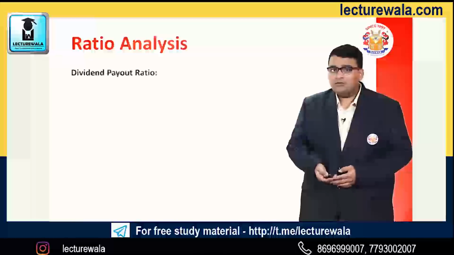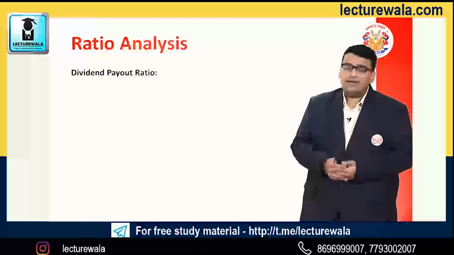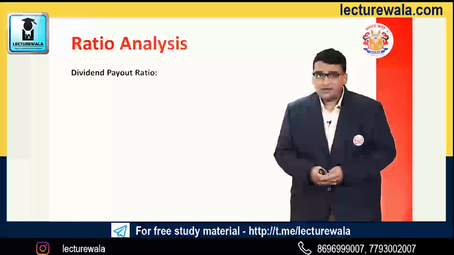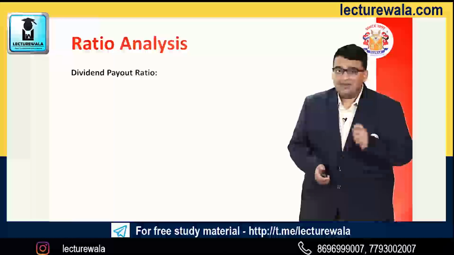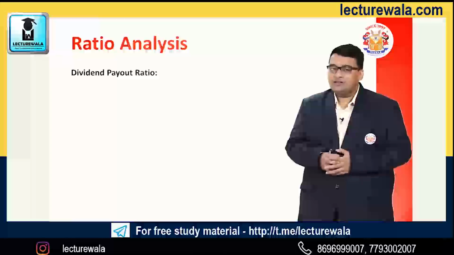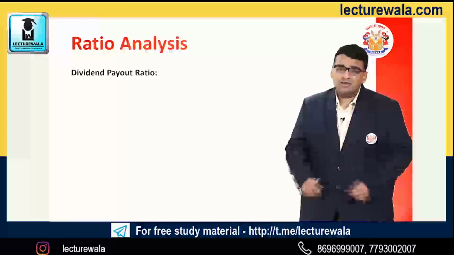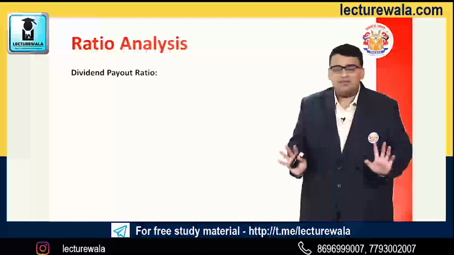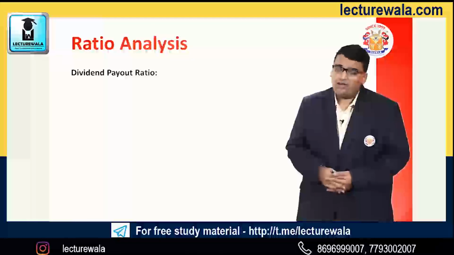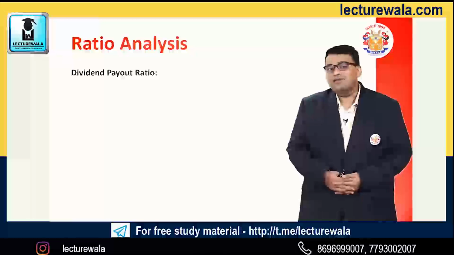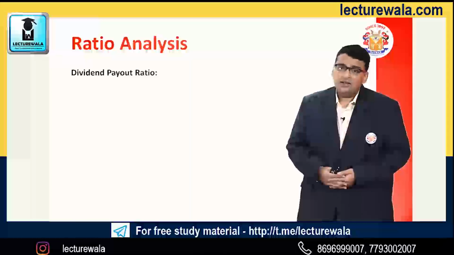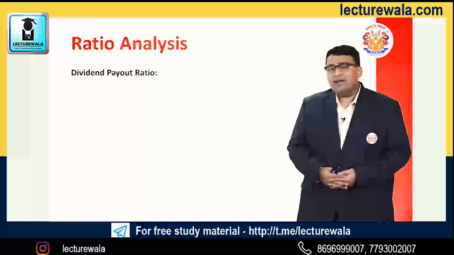Moving further, what does it want to say? A new ratio, that is the dividend payout ratio. What do you mean by the term dividend payout ratio? If a company is earning $100, and I am assuming this amount after deducting all my expenses, all my liabilities and all such things, and out of the $100 the company decides that I will pay out $50 as dividend. That is, in the form of dividend I will pay $50.